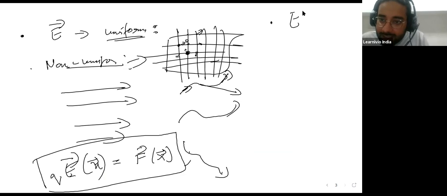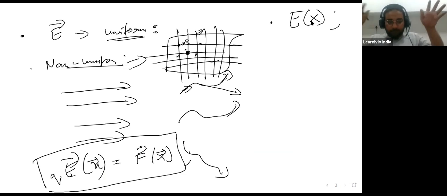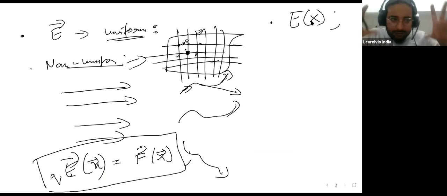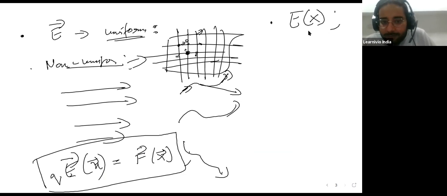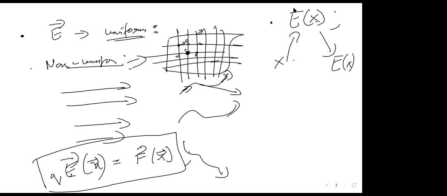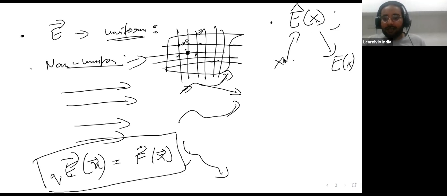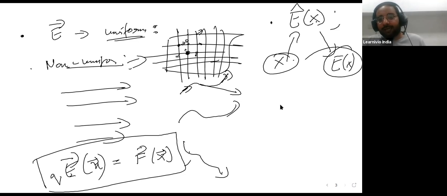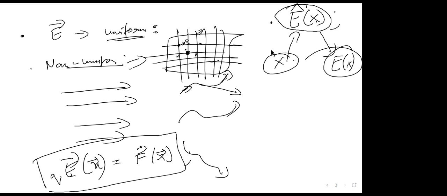So let's think about a function, just a function of x. What essentially does this mean? It means that you have a value of x, you put it into this generator, and what you get out is some E of x. This is essentially an operator, which gives out a value for x. Both of these are numbers. This operation itself, however, may not be a number, correct?